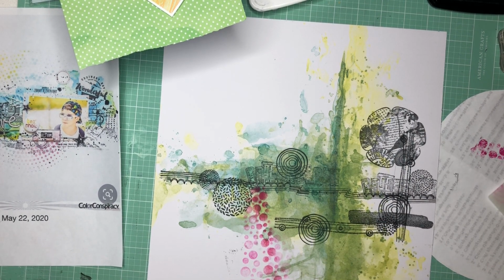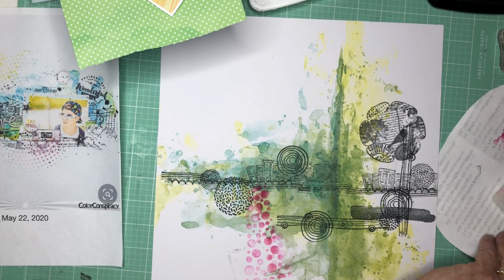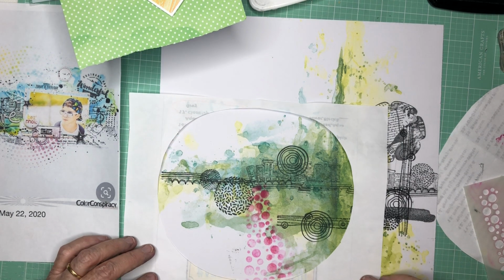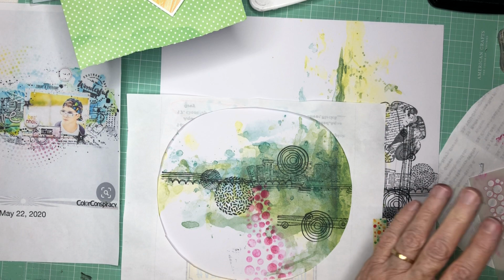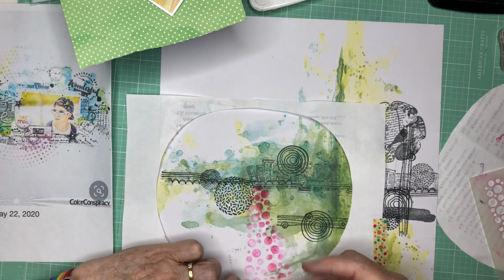Okay, that's good enough. Now, let's try to put some color on here. Let me get my mask, and I'll get it taped on. It's going to be, instead of dead center like the one in the original, because the mixed media piece that I'm borrowing from Vicki Boutin is kind of shifted a bit to the left. I'm going to shift my mask to the left,